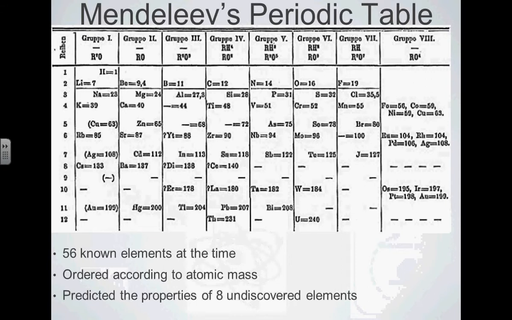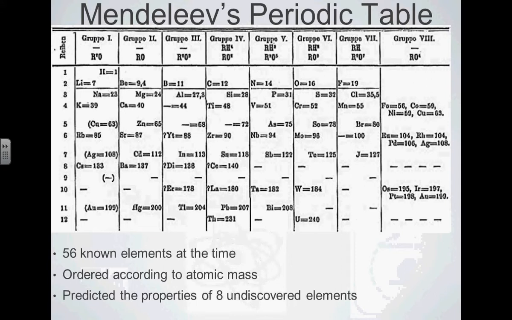And so he wrote down his initial periodic table, and what he did is he took the elements. At his time, there were only 56 elements that had been identified. Okay? And he put them in a table of increasing atomic mass. And so the heavier the element, he put them in order going across. Okay? Ordered them according to their atomic mass. And then the way he organized the table, the next group, the next family down, would repeat.